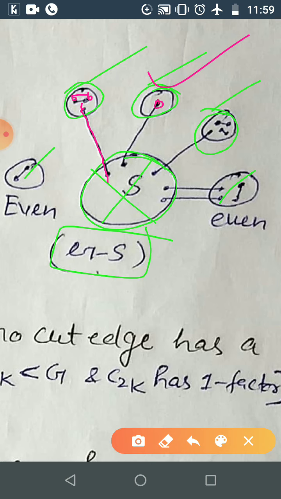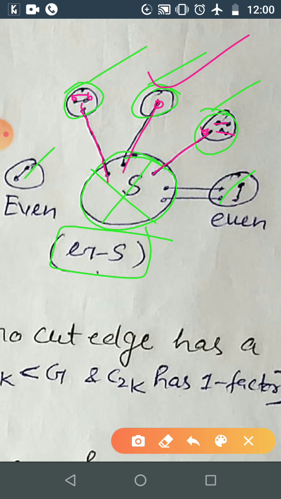The same thing is happening in this one. Here, only one vertex will be matched to some vertex of S. And if you have 5 vertices, then out of 5, 4 are matched. But what about the left-over fifth vertex? It will be matched to one vertex within S. And if the component is even, then either those will be matched among themselves, or if not matched within the even component, then these will be matched to vertices of S.